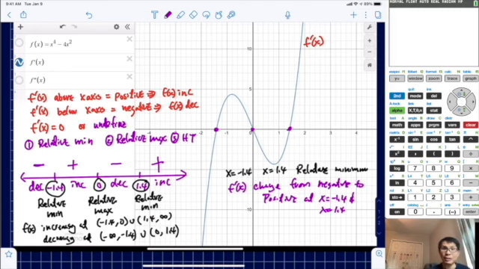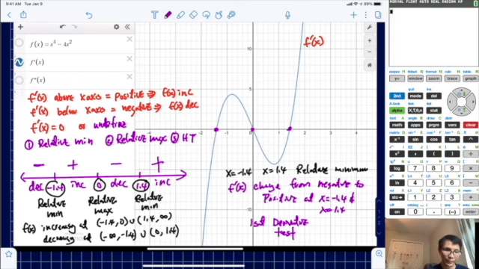Then you can say, due to the first derivative test. So that's how you're going to say it. You don't have to write down first derivative test, but for me, this is the first derivative test I want